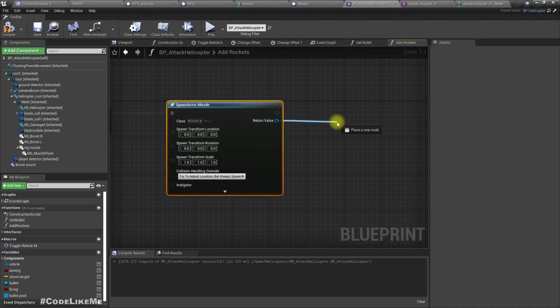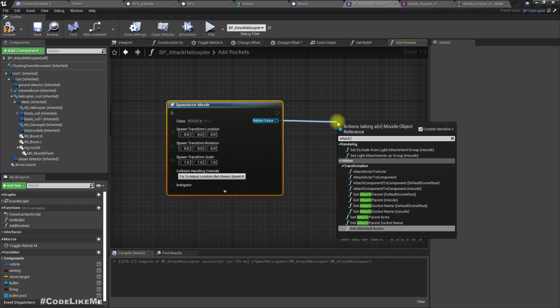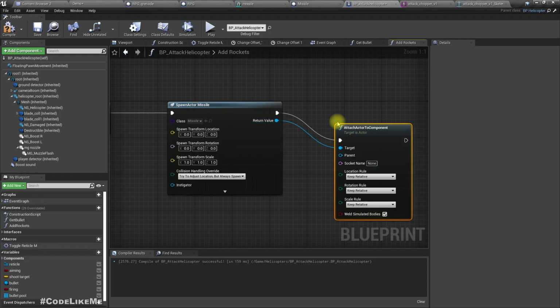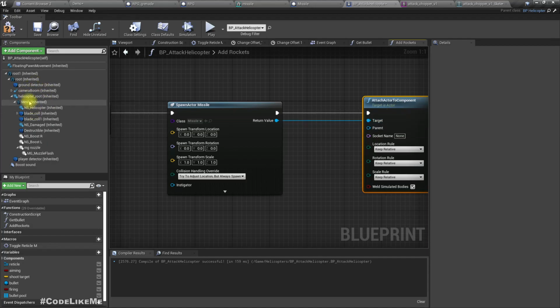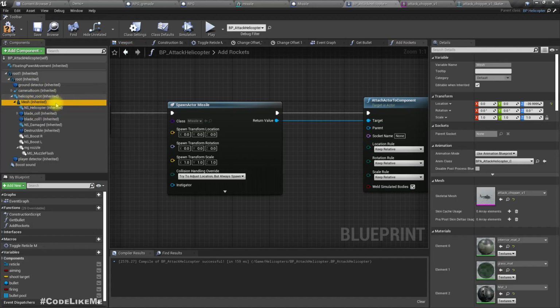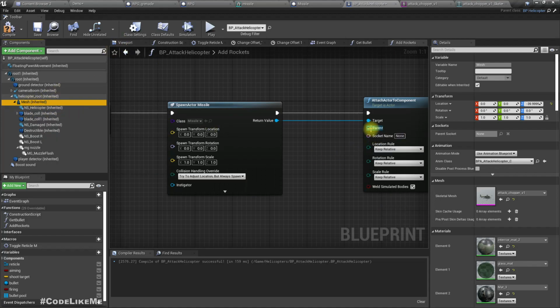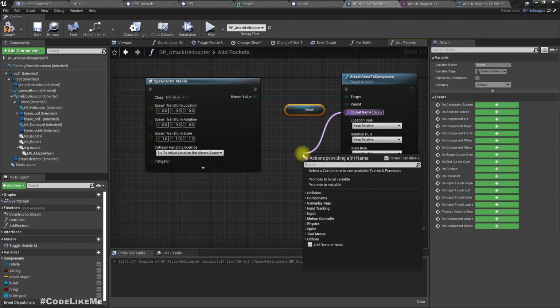And the output, attach to component. As the parent, I'll select the helicopter mesh, and as the socket name, let's